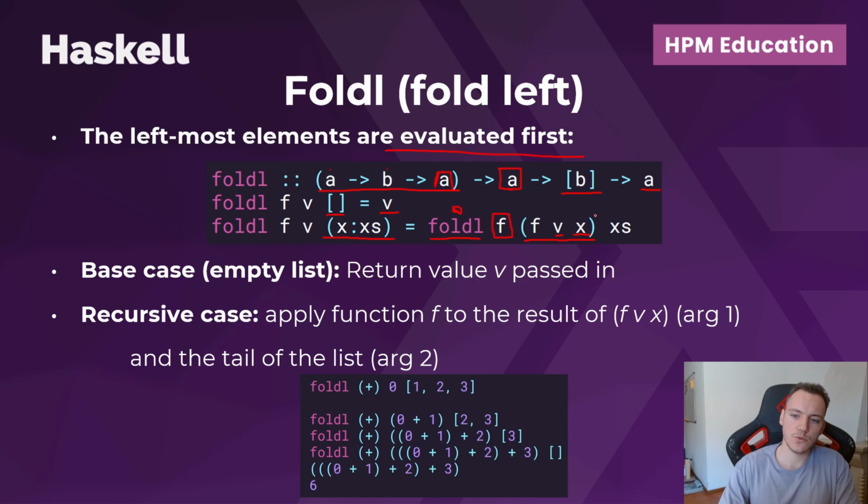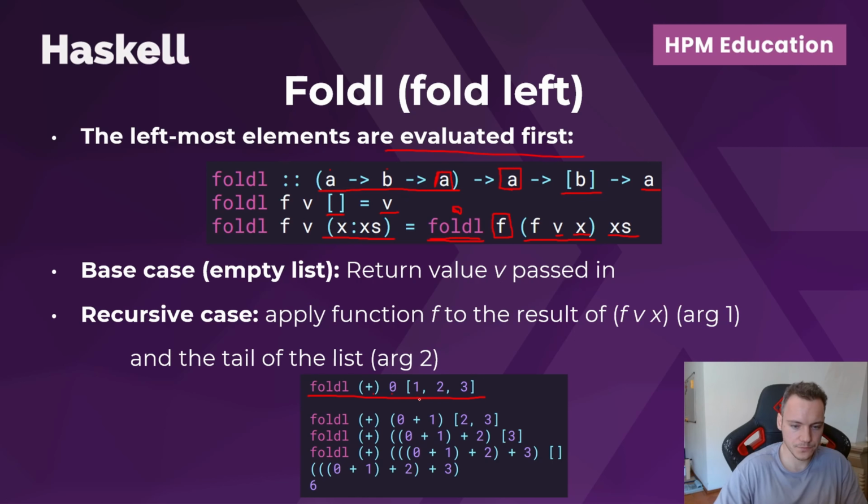While here, since we can get some value that will be small in memory, foldl is a bit more memory efficient, but it has some other drawbacks as well. In any case, the second or the third argument to this foldl function is then the rest of the list. Let's see how that actually gets applied in the same example of a summing function that we tried with foldr as well. So we have the combining function plus, we have our starting value 0 and a list